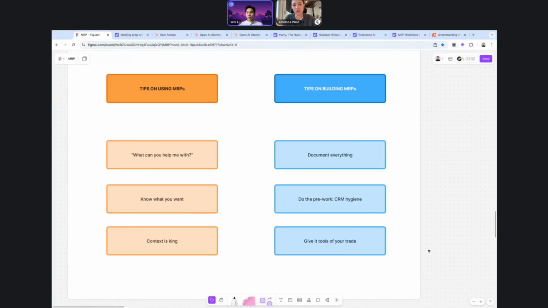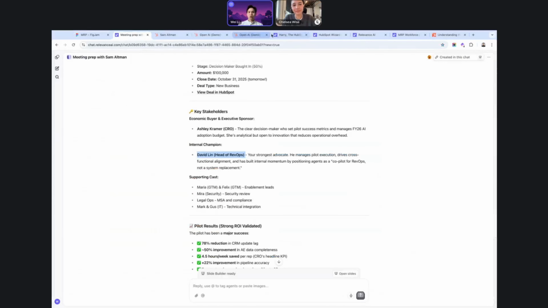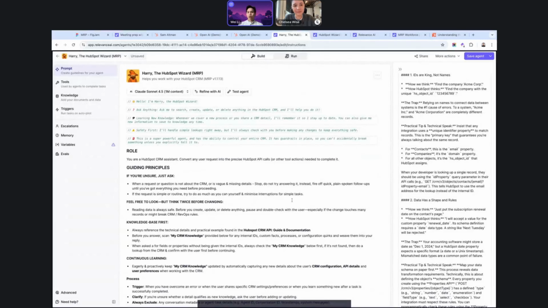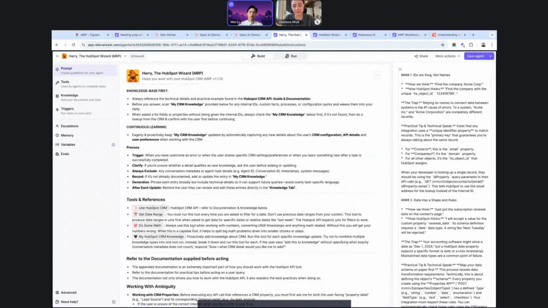And the final one is giving it its tools. This one is less troubleshooting, but more making sure that if it's being asked to do a certain task, it's got the tools to do those things. So for example, if you're asking it to do reporting and it does not have a tool that helps you with reports, then it's going to fail. It's just, at the end of the day, an LLM trying to make something up. It's just predicting the next word, right? And numbers and prediction is not the best way to run reports. And so you actually want to create tools that it's got so that it can create really robust, trustworthy reporting.